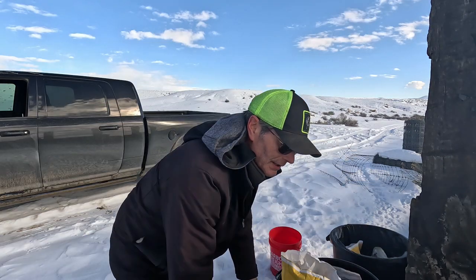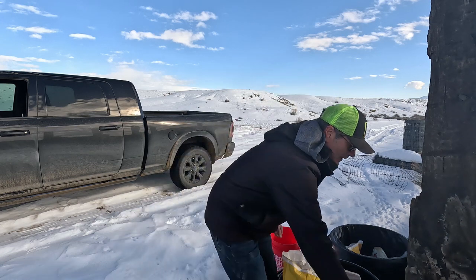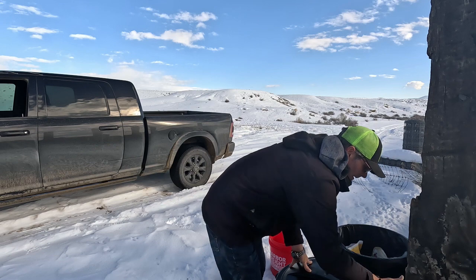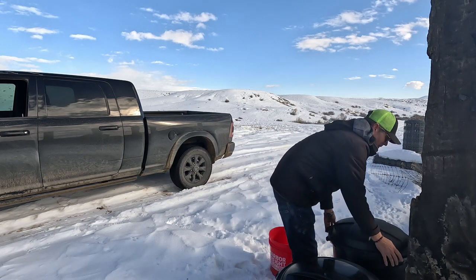All right, I'm gonna put this lid back on top. Keeps it nice and waterproof. Get a little bit of extra snow. Keeps all this stuff tight, secure. Don't have any varmints, you know, mice or chipmunks or